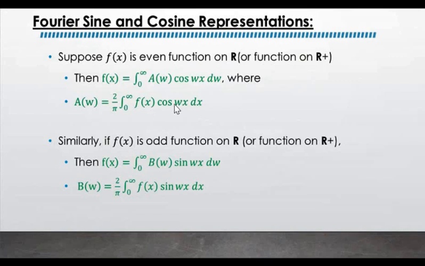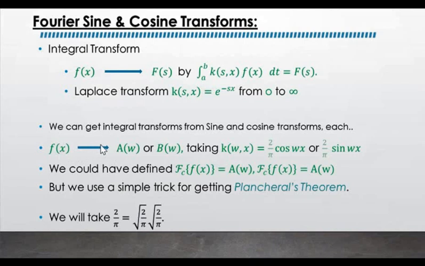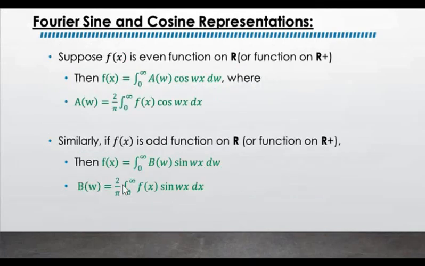So you can take this as a transform, that is f of x going to a omega. F of x is multiplied with a function of omega and x along with this constant taken inside, and you get a new function of omega. So this is what happens to f of x. This can be taken as a transform, that is f of x going to a omega, or if you take sine, then f of x going to b omega, which follows from this, that is f of x multiplied with sine omega x and integrated from 0 to infinity. This 2 by pi is taken along with the sine omega x, and you get a new function b omega.